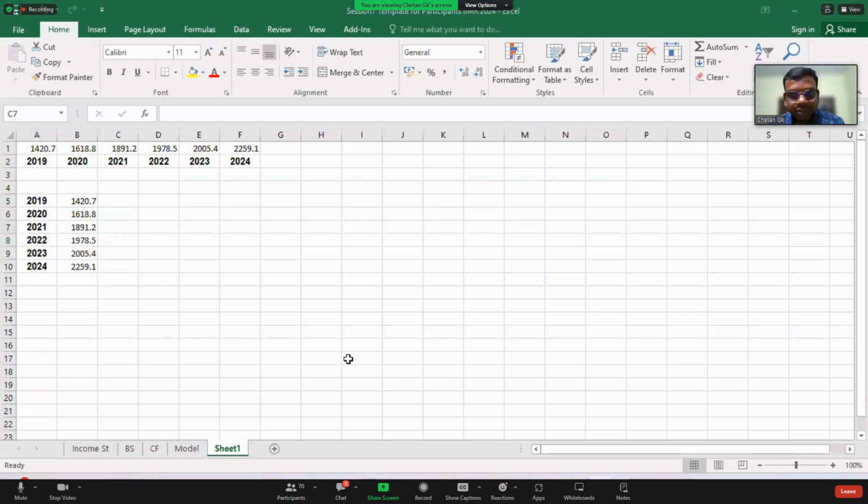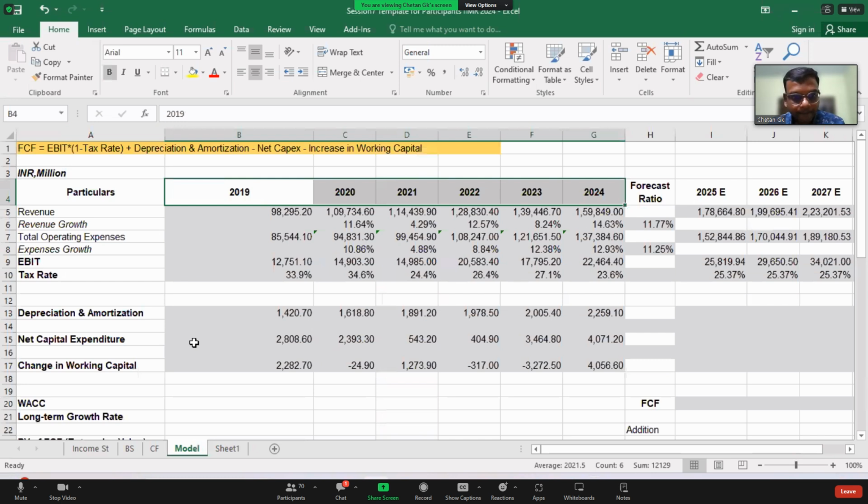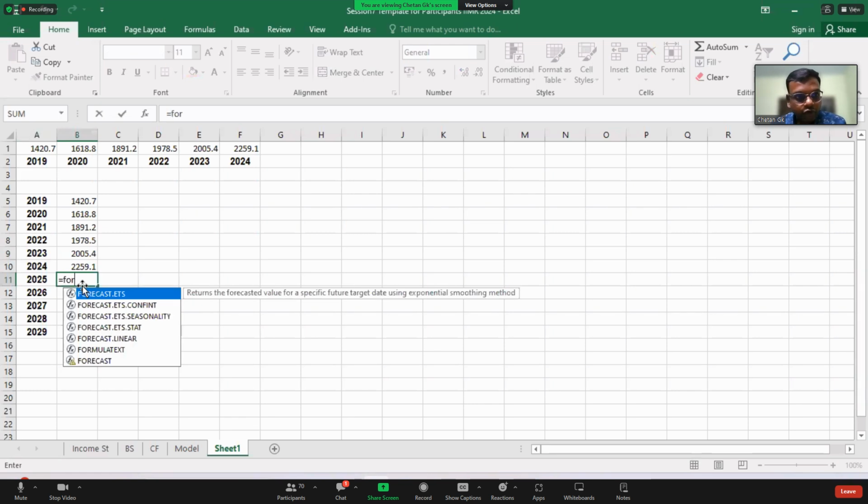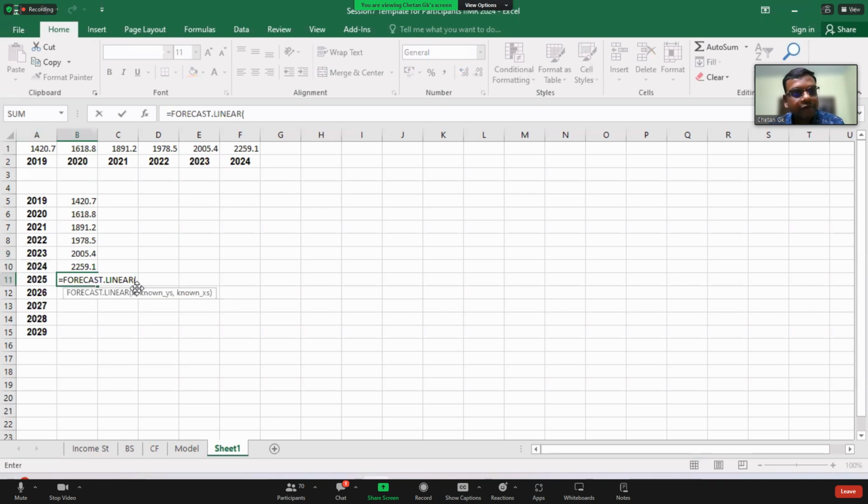Forecast this for the next years. So I take the next 5 years until 2029. So I put equal to, I go for forecasting. So I click linear forecasting.